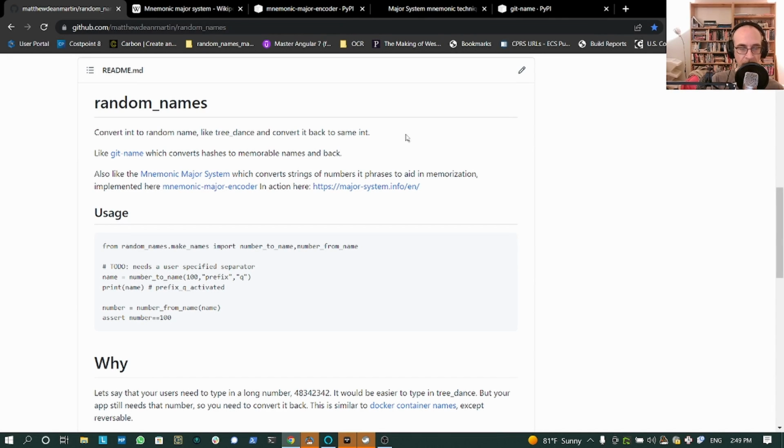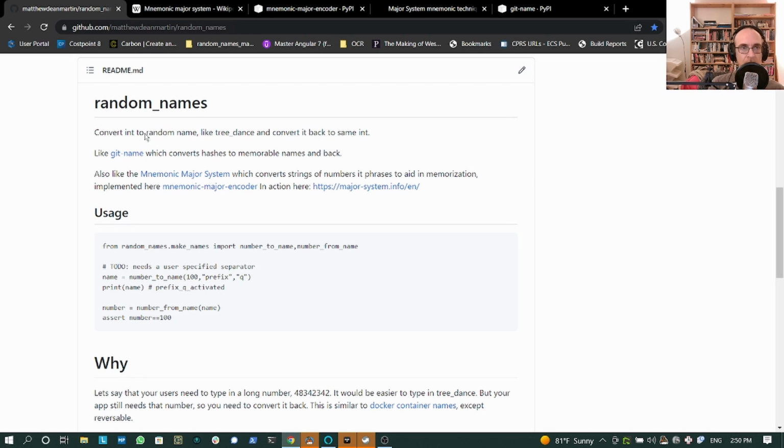Hello, I'm the Python librarian, and today we're going to go over a library that I wrote that turns a number into a random name, usually a random multi-word name. I did this because I wanted to create some Python package names, and I wanted to create them at random, and I also wanted to make it so I did a check to see if this problem has already been